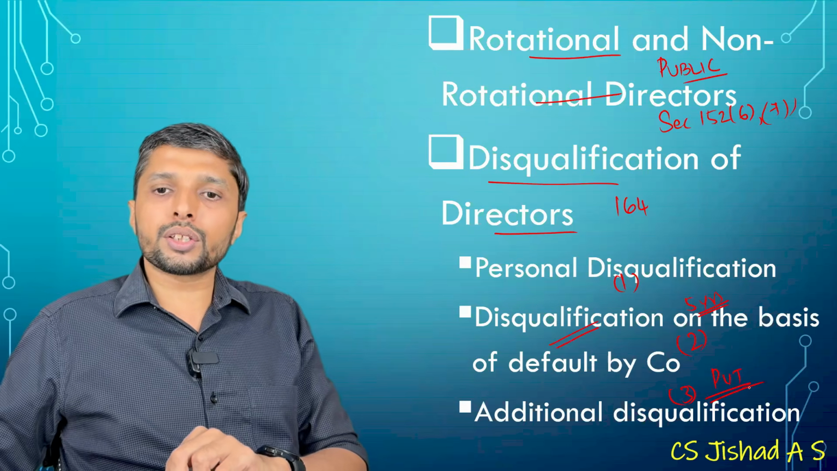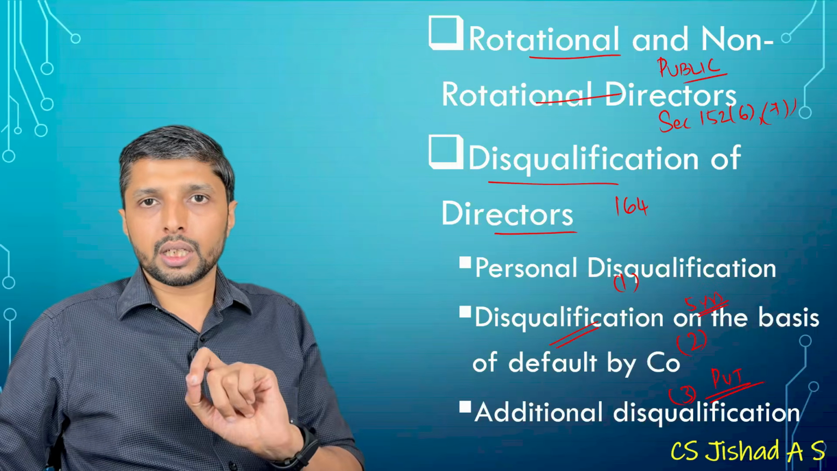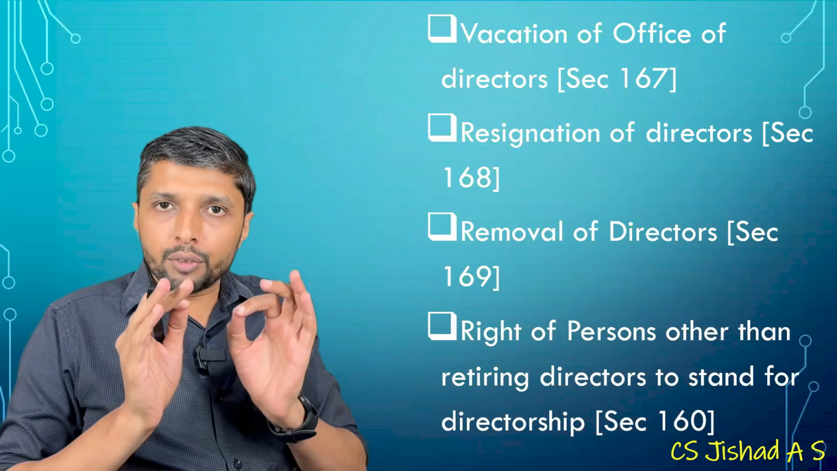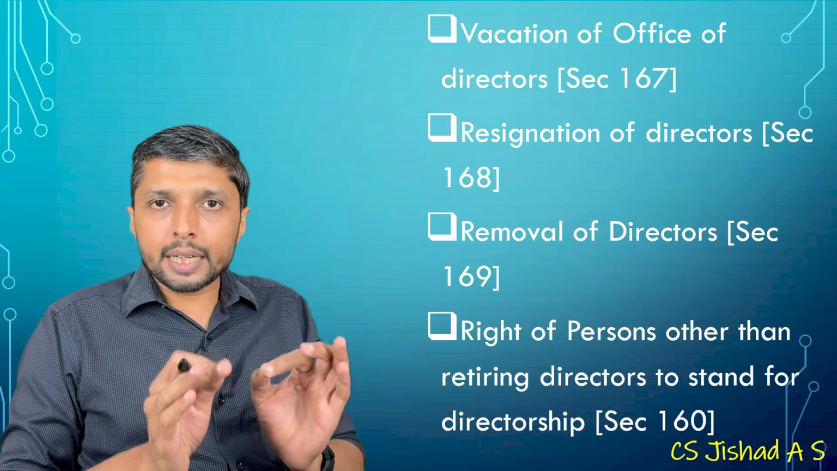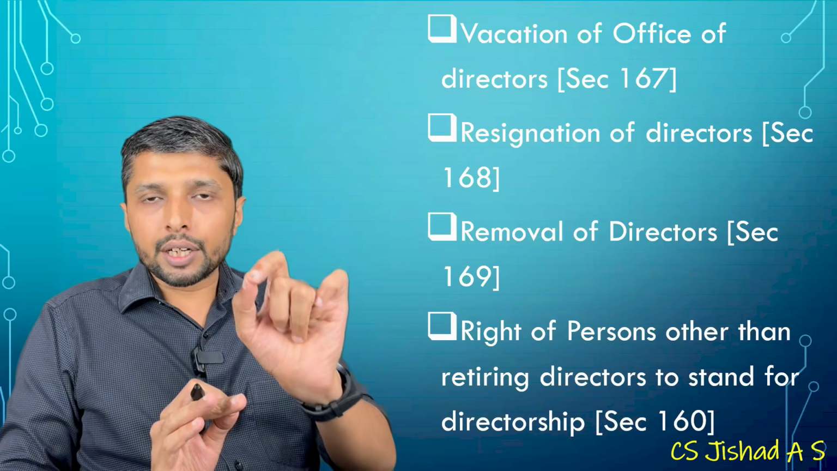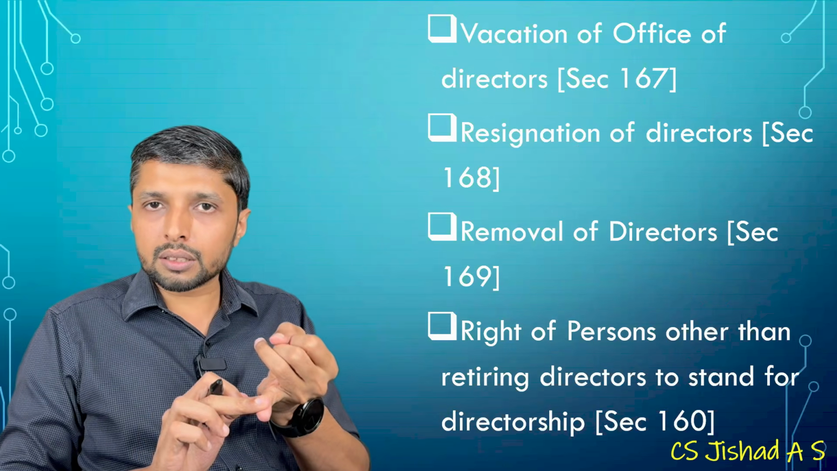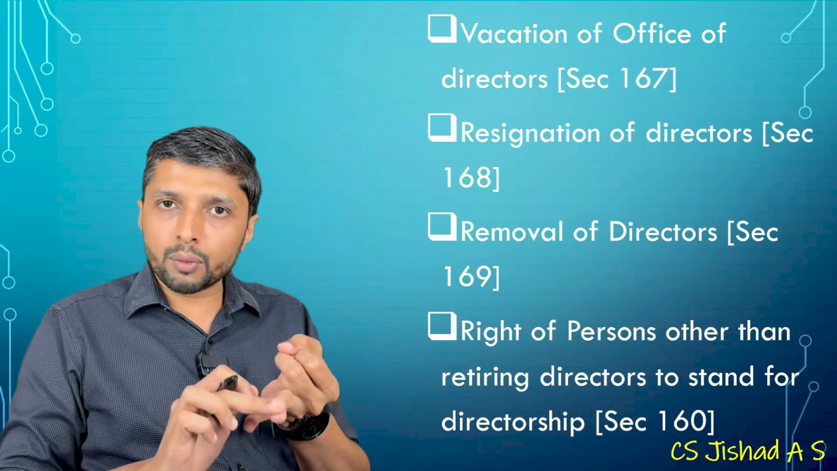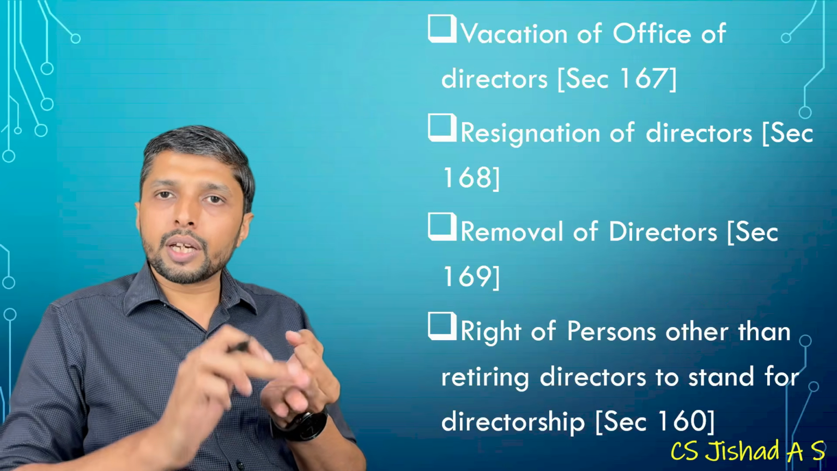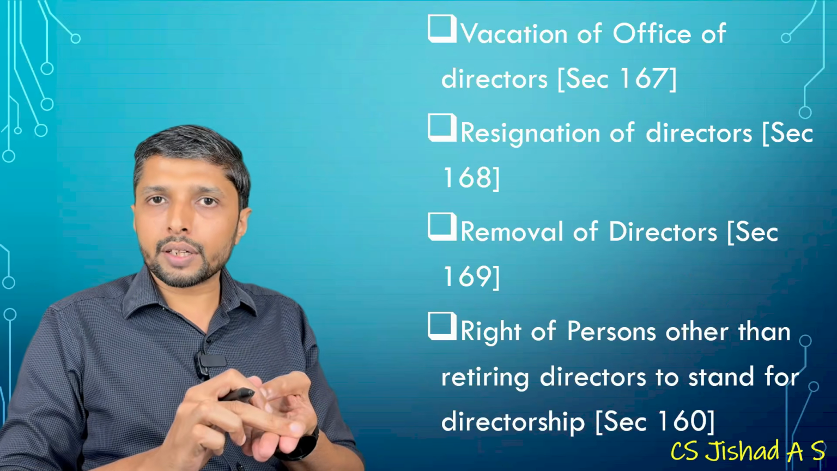Additional disqualification under 164 subsection 3 is applicable only to a private company. Now we have vacation of office under 167 subsection 1, which specifies the circumstances under which a director has to vacate the office, like when he incurs disqualification under 164, when he absents himself from all board meetings during a period of 12 months, when he contravenes section 184, when he fails to disclose interest,